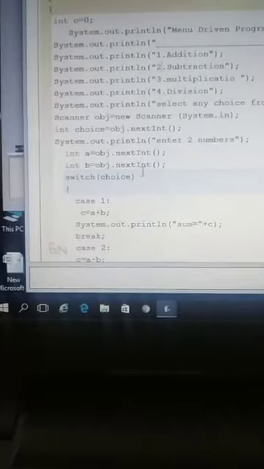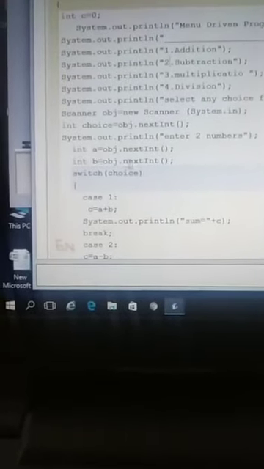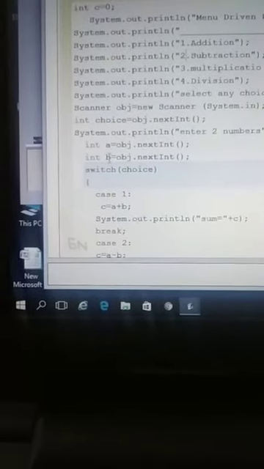When these two lines execute, it will ask for the values of a and b, and whatever the user gives through the keyboard will be stored in a and b.